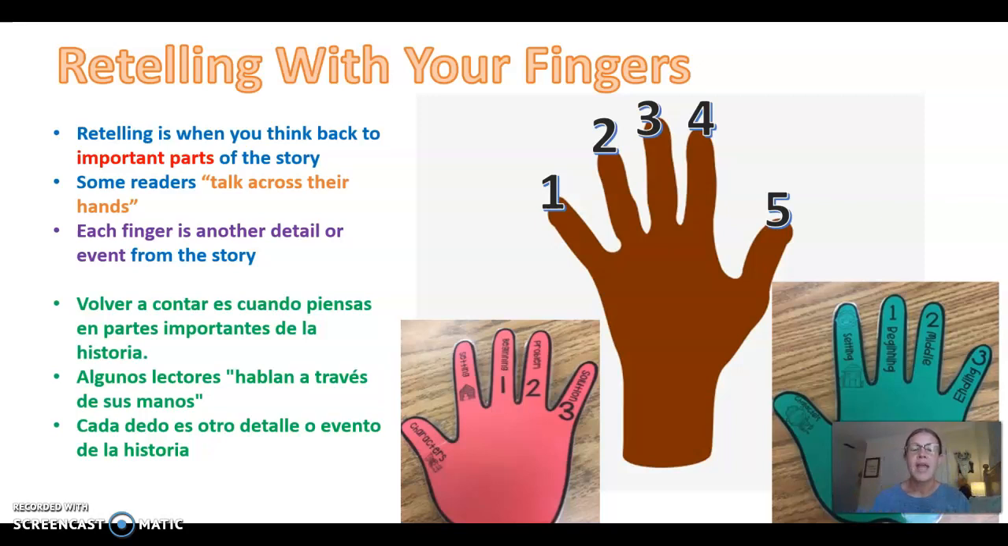And some readers, good readers, like to talk across their hands. This is a really good strategy to help you organize your retelling. So each finger is another detail or event from the story. So you have 5 fingers. That means you're going to be retelling 5 major events or details that happened in the story. So this is going to be your detail 1, your detail 2, your 3rd detail, your 4th detail, and your